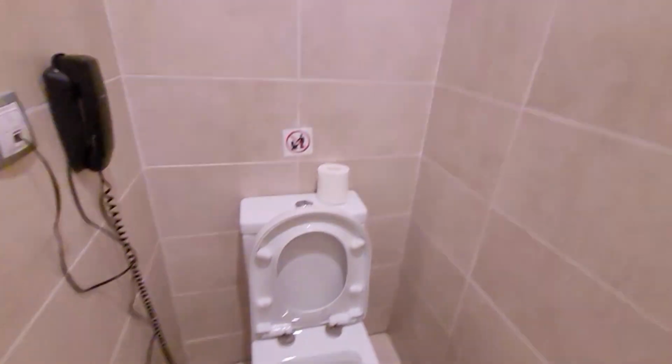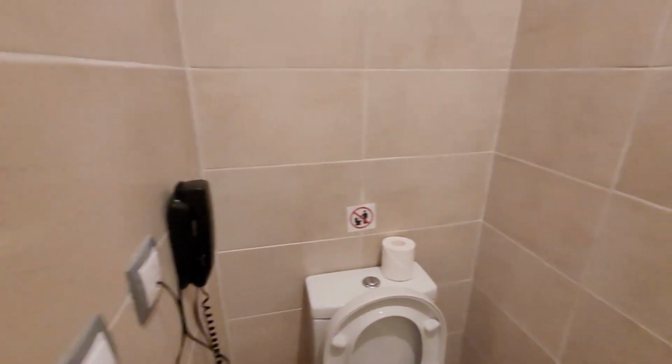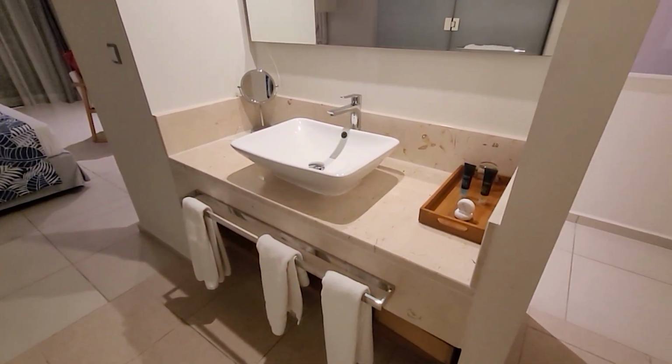Come around the corner a little bit and you have your washroom. Spot to hang a towel. Toilet seat. Apparently you can talk to whoever you want. So nice, modern, clean washroom. Then you go over here, and this is the shower. That's a shower head, spot to put your soap and shampoo, a rainfall shower, and then across from that you have your sink,